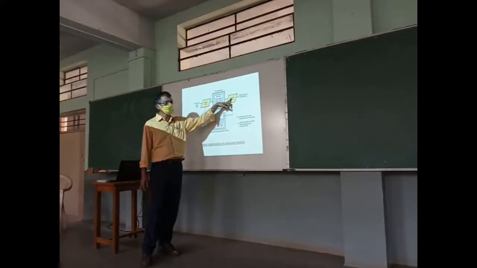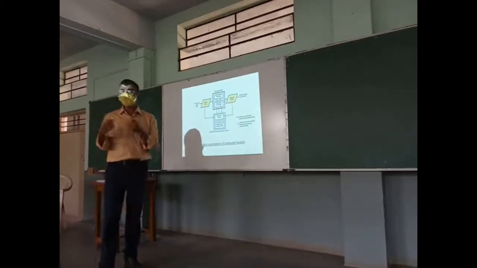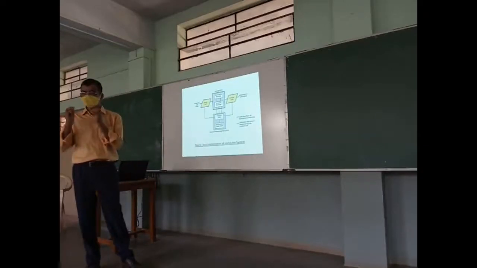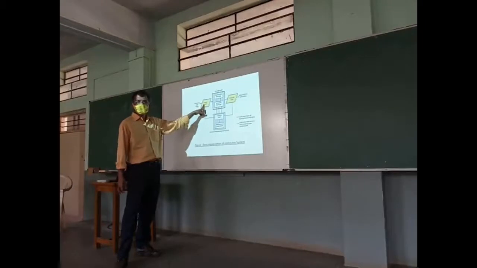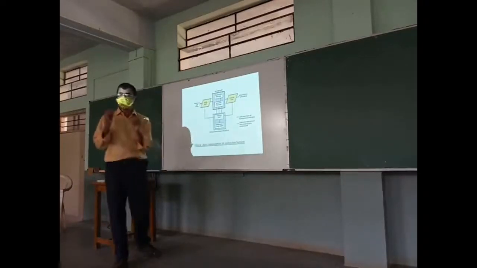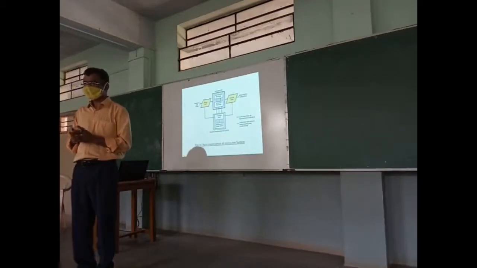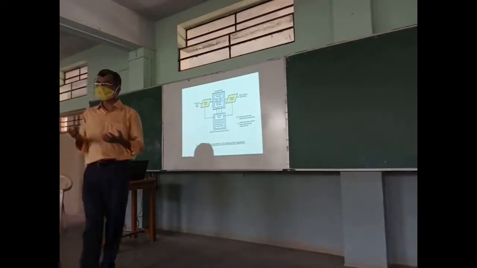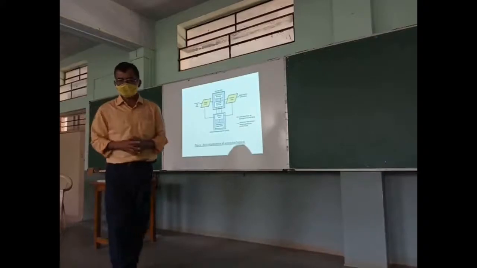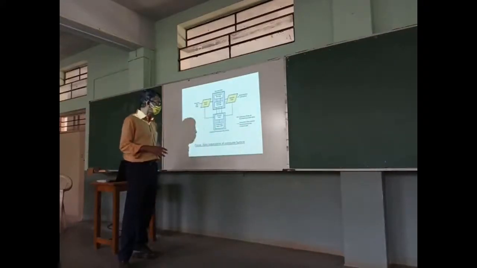The job of the output unit is to convert the processed data into human readable or human understandable form. Similar is the case here. The job of the input unit is that whatever data is given should be converted into machine understandable form. We call this computer a machine. The machine doesn't know our language, so it has to convert into its own language. That is called machine language. That will be taught to you in the C class. So this is the job.